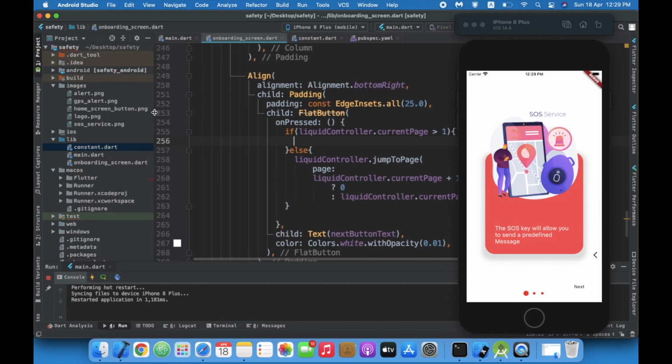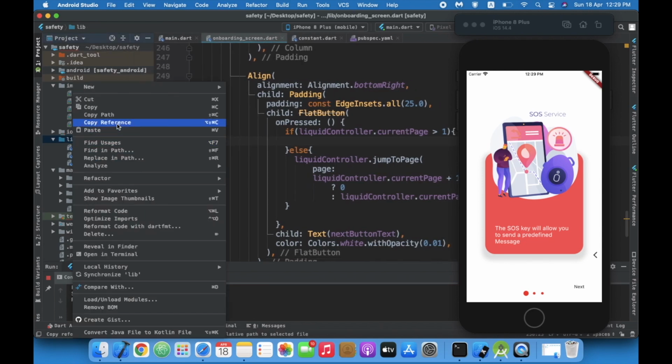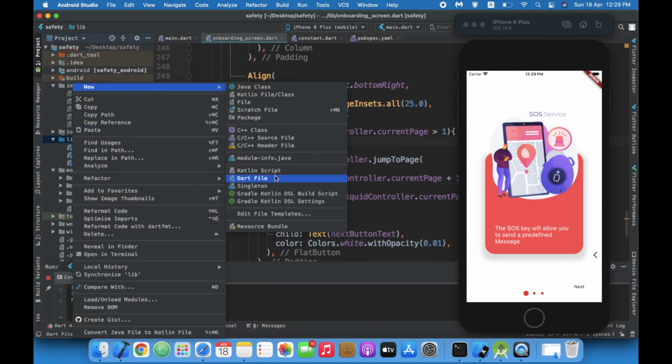Then I'm going to create a new lib file, skeleton.